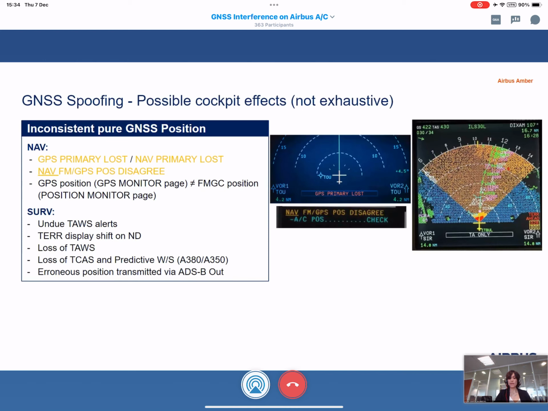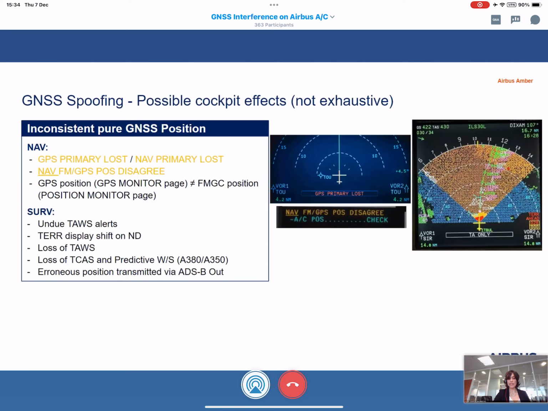In this ND figure on the right, for instance, we see that the aircraft is flying over an area over the sea in blue, when suddenly a spurious TAWS alert rises, an erroneous terrain threat appears on the ND.